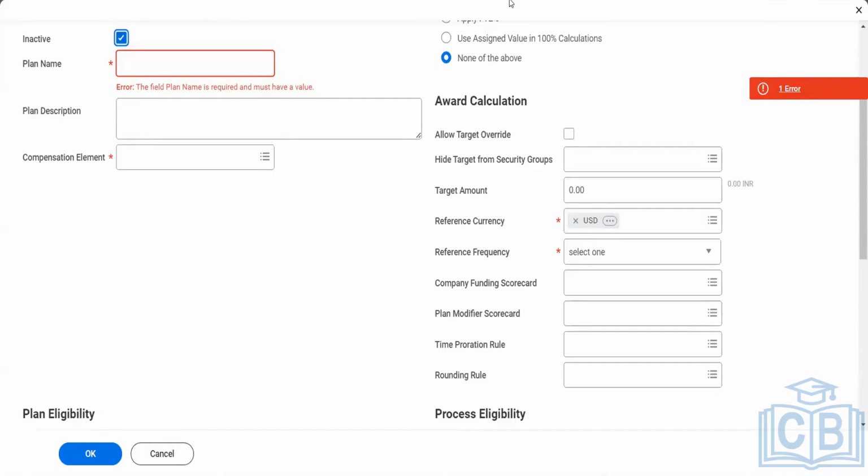In Workday, we do not have an option to delete. Let's take an example. This is a bonus plan which has already been used in the past year. If I want to delete it, it's not possible because this bonus plan has already been used. That is the reason why we do not have a delete option in Workday.